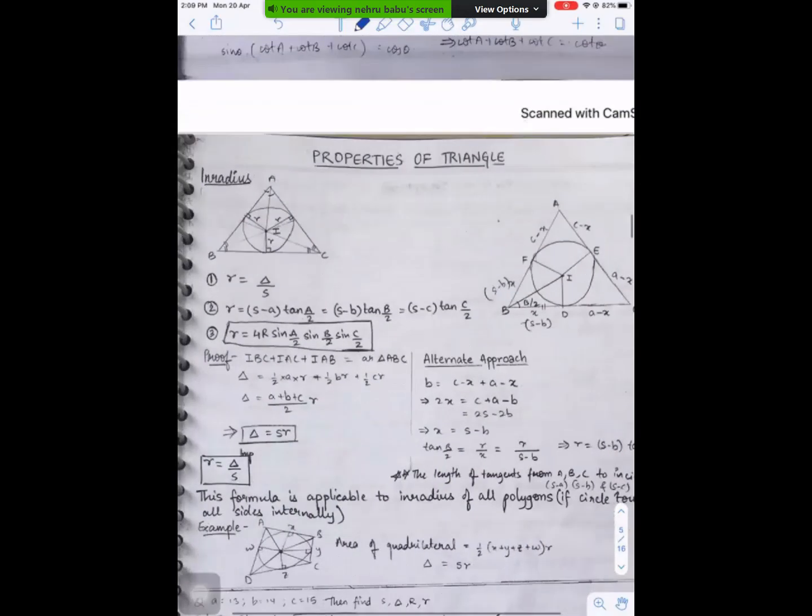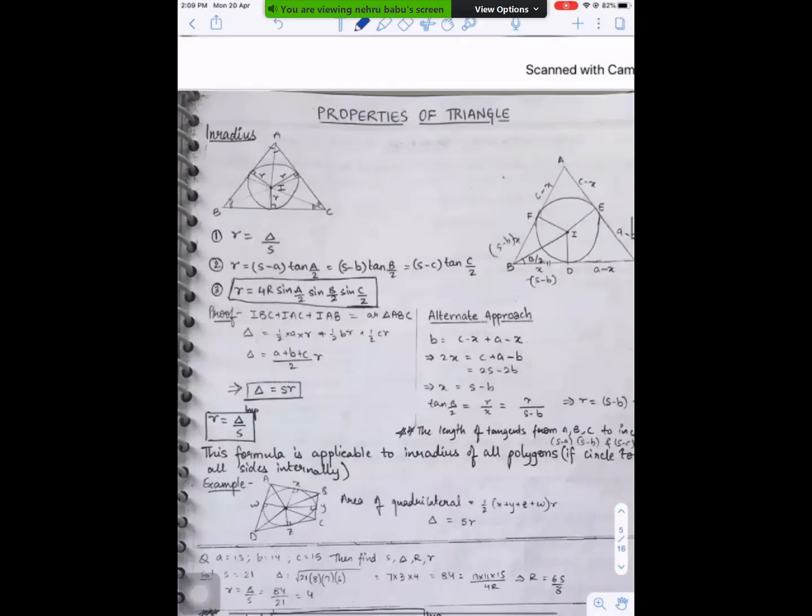Okay, this is the first part of trigonometry. In the first part, you have only sine rule, cos rule, tan rule, half angles, and their applications. And in the second part of properties of triangle, you have in-radius, ex-radius, pedal triangle, excentric triangle, like different things. Now in the in-radius results, what you have to remember is, one result is r equal to delta by S, formula wise. So here three formulas you have to remember. r equal to delta by S. This is our first priority. Surely you have to remember this.